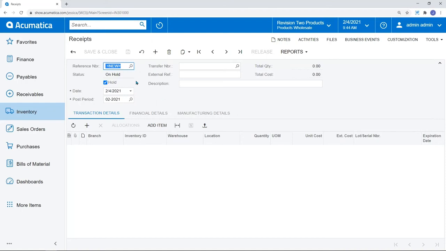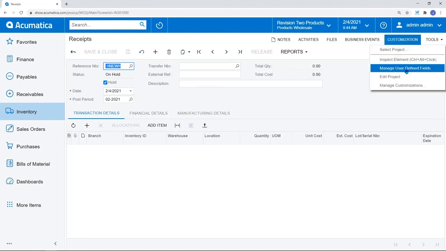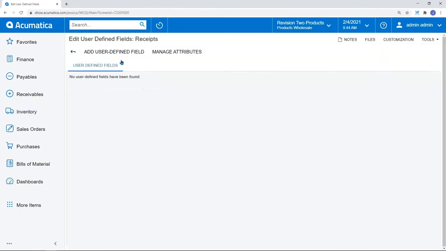So I'll give you a quick example. We can allow you to add user-defined fields, which is another way to add fields that might be missing from the system very, very easily. So this is something in older legacy systems that is costly, difficult to do. Here on a purchase receipt, maybe I am interested in measuring quality of some sort. So I would like to add some user-defined fields to that purchase receipt.